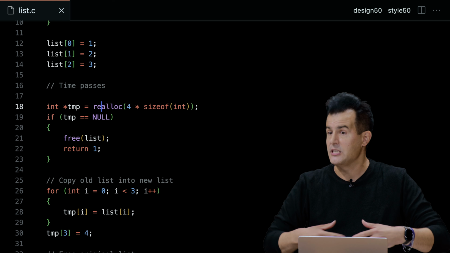Is there a reason that we free list instead of temp? So down here or further down? OK, so further down, let me scroll down to where we came from. So here, after we've added this fourth value to temp, I've gone ahead and freed list, which at this point in the story is still pointing to the original chunk of memory, the 1, 2, 3. Then I am updating list as a variable to point to the new chunk of memory. Then I'm printing out all of the integers therein. Then I'm freeing what list is then pointing to. So I'm not technically freeing the same address in memory multiple times because I'm, in the intervening time, moving what list is pointing to.